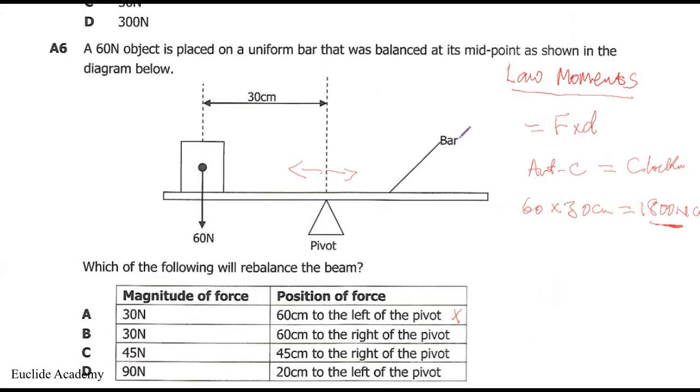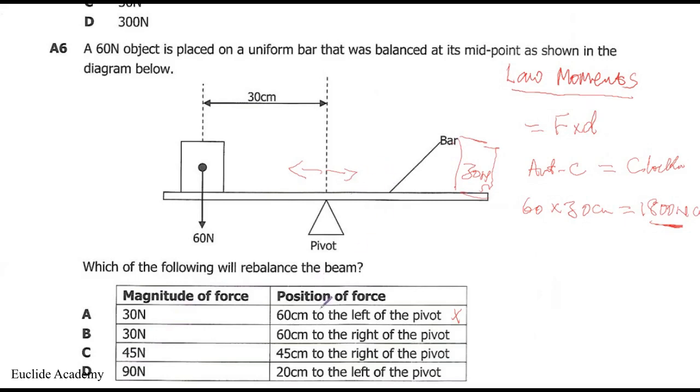So somewhere here we should put a weight, which should be 30 newtons, not an equal weight, but 30 newtons, and it should have a distance to compensate for the 60 newtons. This is 30 newtons, therefore it should have a distance probably over,